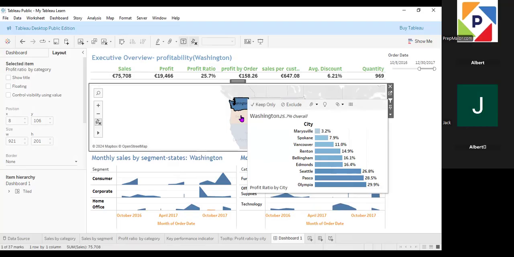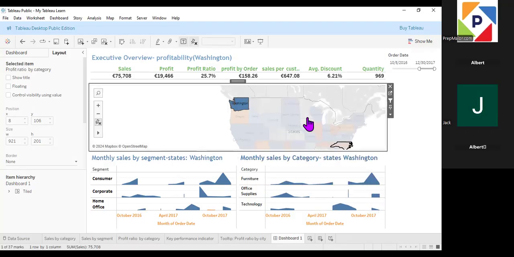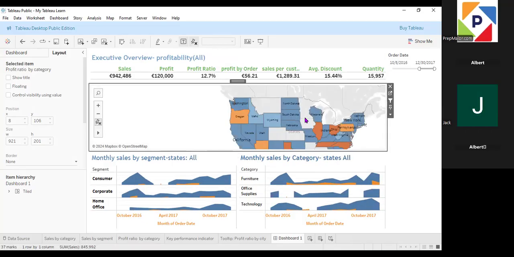So that's what the action button does. For example, here we can see the profit percentage from all of the cities under Washington, and the overall profit percentage as 25.7, which is a total of all of the cities under Washington, for example. And lastly,